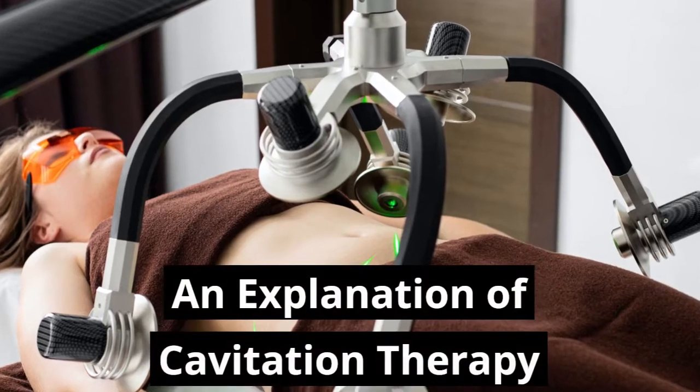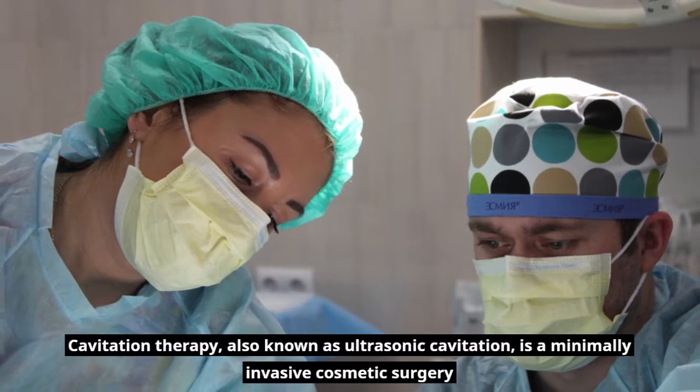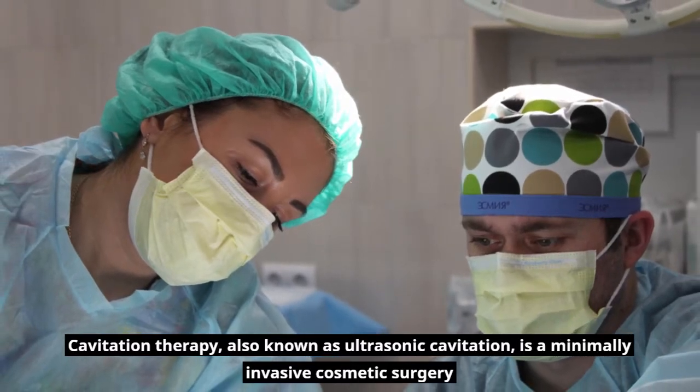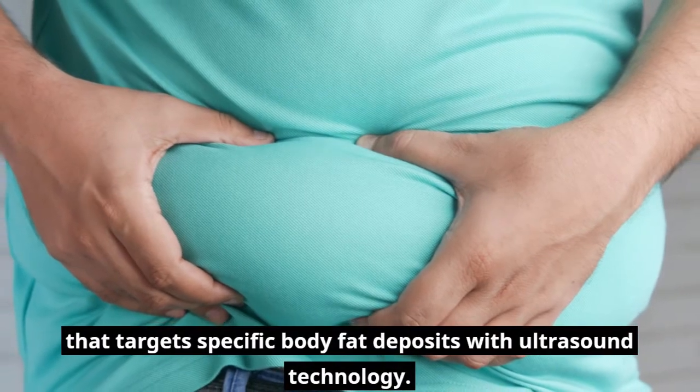An explanation of cavitation therapy. Cavitation therapy, also known as ultrasonic cavitation, is a minimally invasive cosmetic surgery that targets specific body fat deposits with